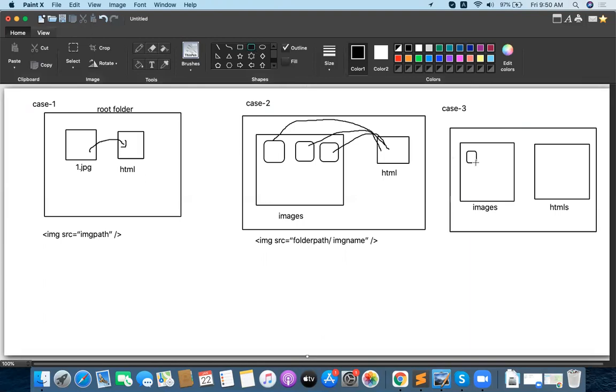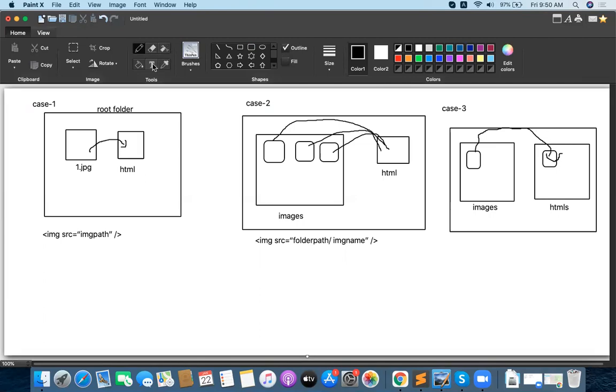How do we load these images into this particular HTML, when they are in separate folders? This is like a two folder jump process: one folder needs to go out, one folder needs to go in.